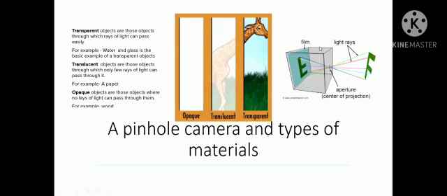So this is the diagram of pinhole camera. And some concepts about types of materials are given. Number one, transparent objects. Okay students, before going to discuss this in theoretical form, you can see this diagram. Students, one giraffe is there. You can see